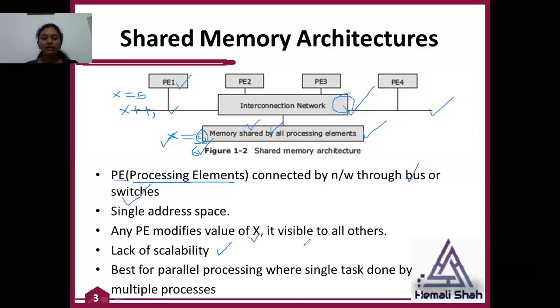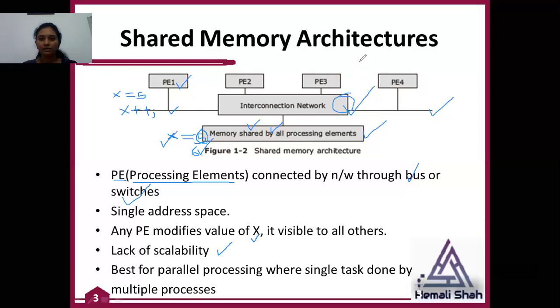So this architecture is basically suitable for parallel processing kind of applications. I will discuss the difference between parallel processing and distributed processing later in this video lecture.